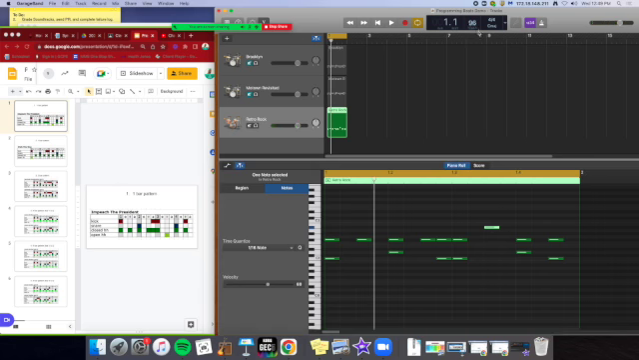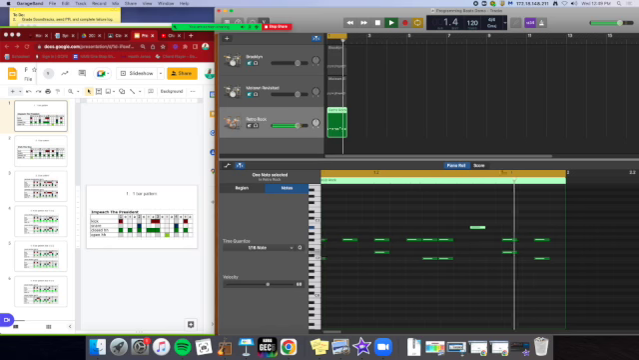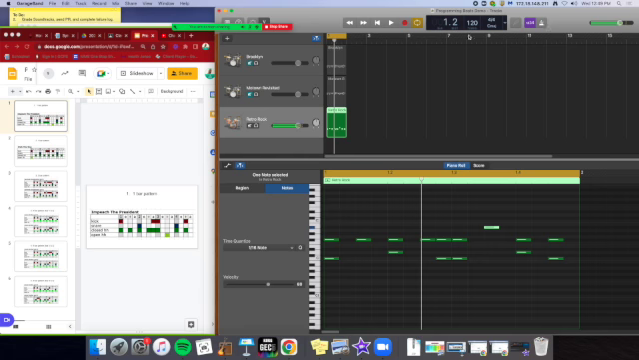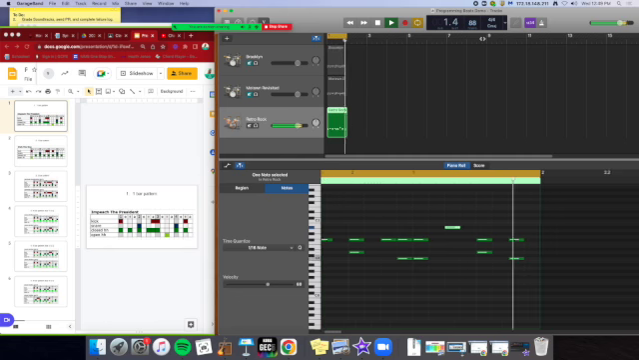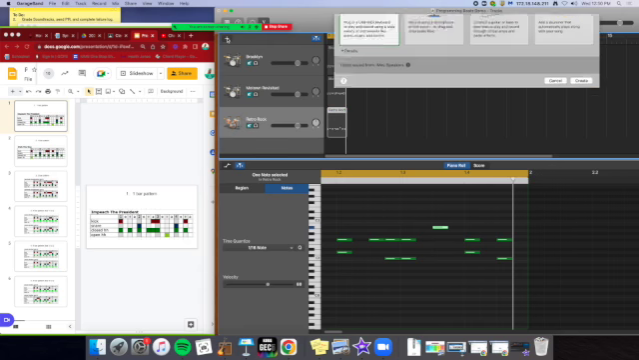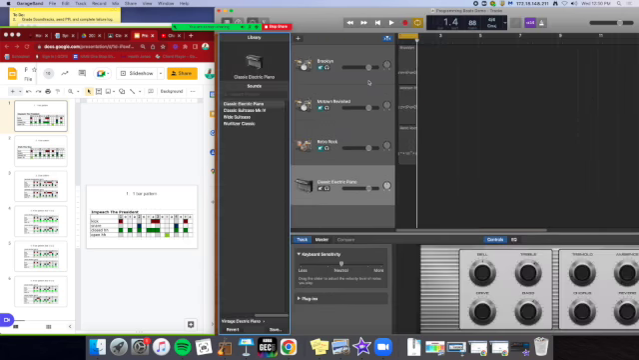You can also change the tempo on these if you want. If I wanted that to go a little faster, I can change that to 120. Or if I want a slow jam, I can pick a slower tempo. So once you finish that example, again, you're going to mute that track, add a software instrument,